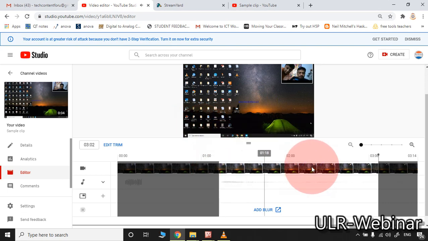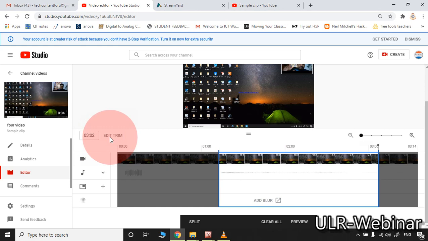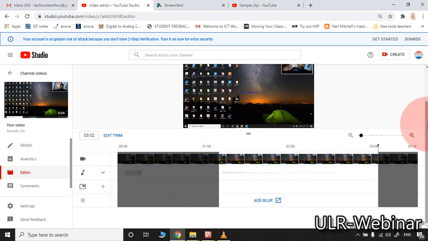So please observe, the cursor is moving in this area only. If I am clicking edit trim, in the edit trim I clicked simply split.